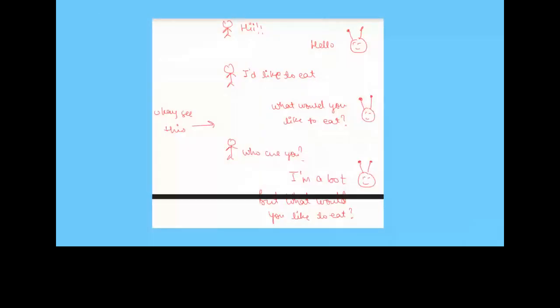Okay, again, ignore my handwriting. So let's take a simple example. Let's say the user says hi, the bot replies hello with a smiley emoji, but forget that. Then the user says, I would like to eat, and the bot says, what would you like to eat? Now, if we went directly with a rule based chatbot, then everything is good. I said I want to eat something, the bot asked what would you like to eat, but then in the middle I said, who are you, and the bot says, I have this in an if-else condition, and I'm saying, I am a bot. But after that it asks again, okay that's good, but what would you like to eat?